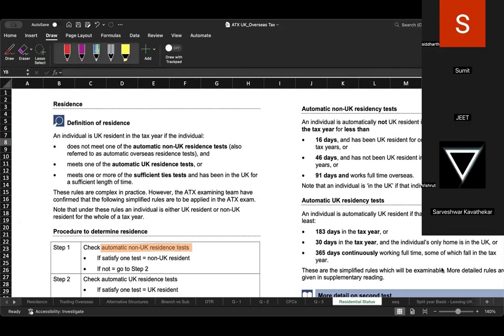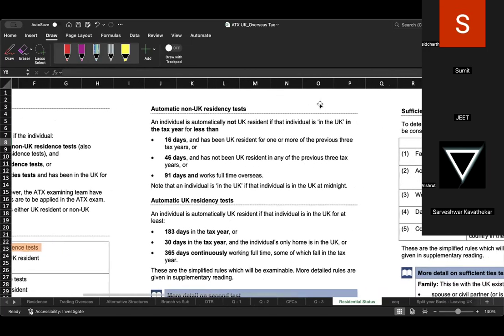ठीक है। अब what are the automatic non UK residency tests? तीन टेस्ट है अपने पास। An individual is automatically not a resident in the UK if he was in the UK for less than 16 days and has been UK resident for one or more of the previous 3 tax years. Current year में you were in the UK for less than 16 days and a resident in the UK in one or more of the previous 3 years। सेकंड कंडीशन, इसमें नहीं फंसा तो सेकंड पे जाने का सीक्वेंस याद रखना।